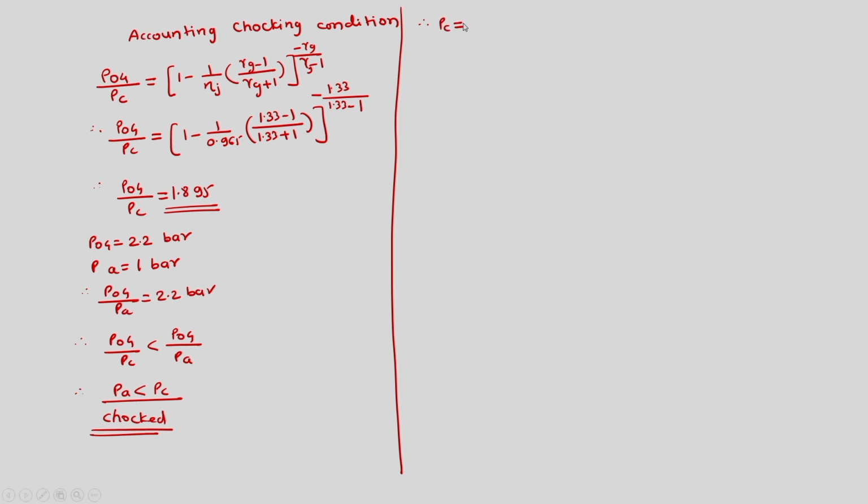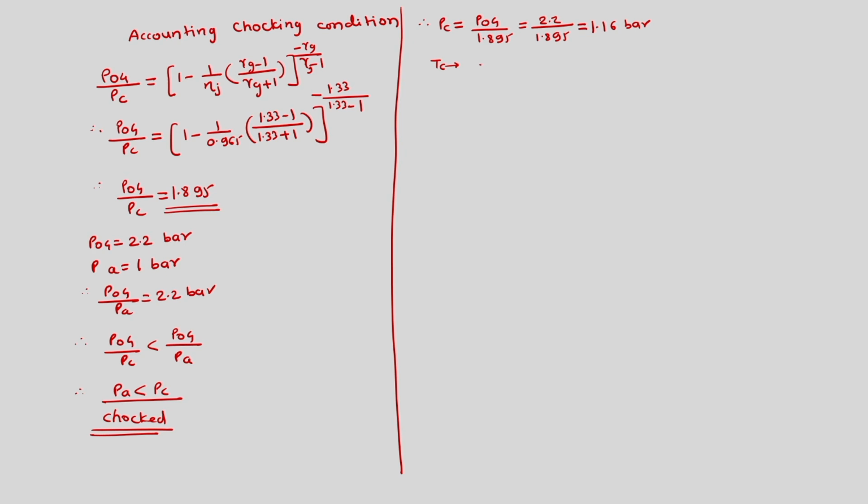The exit pressure is Pc, and Pc is equal to P04 divided by 1.895, so we have 2.2 divided by 1.895, and this gives us Pc to be 1.16 bar. Now let us find out Tc, which is the actual temperature at the exit of the nozzle,